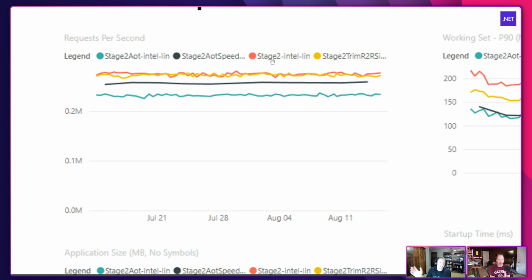So the red one, it's called stage 2. Throw that away in your head. But the red one is the default publish, right? It doesn't have anything behind it. Default .NET publish. Okay, so .NET new web API publish. Reminding people of our previous slide on the far left with the JIT, we had default. That's the red one. No self-contained, no ready to run, no trimming, etc.